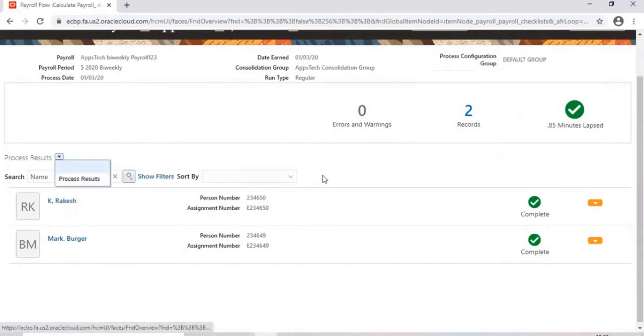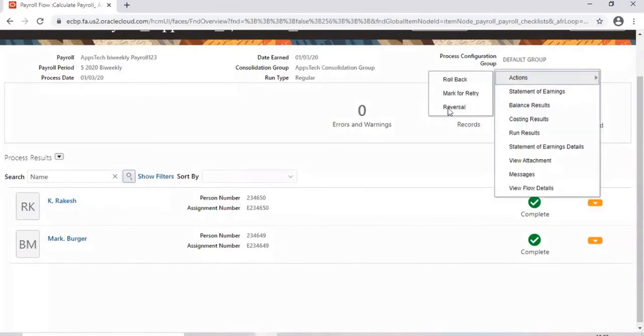Okay. Srini, what is the difference between rollback and reversal? Earlier we used to have this reversal functionality, where it used to reverse the transactions but not the process. So the person is still part of the payroll, but whatever calculations happened will be reversed.